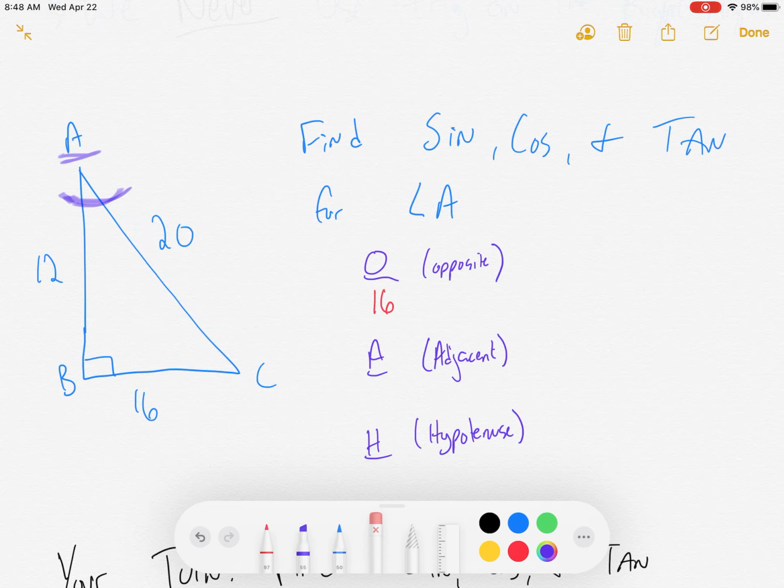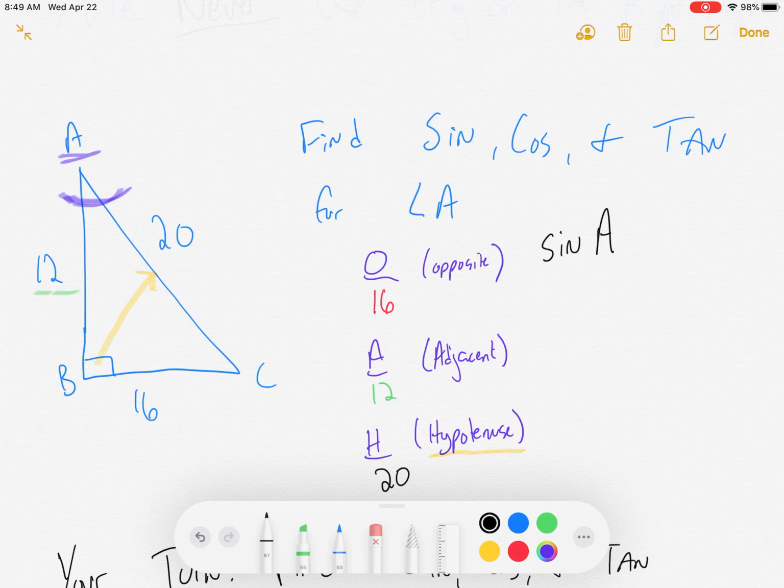Next up, the word for adjacent. Adjacent means if I told you to go to the adjacent room, it'd be to go to the room next door. So what is next door to angle A? Well, you might be saying, well, Mr. Adler, there are actually 2 that are right next to angle A. Which one do I pick? Well, we got to be a little intuitive here. You may see that my H stands for hypotenuse. Now, hypotenuse means across from the right angle. So my side that's across from the right angle is 20, which means the only thing left for my adjacent side must be